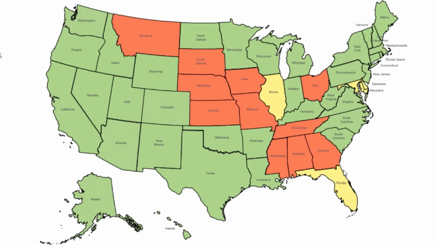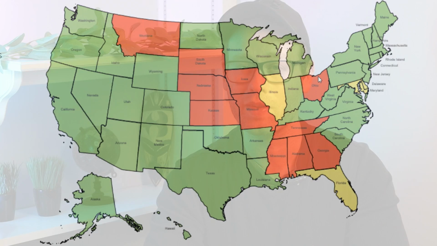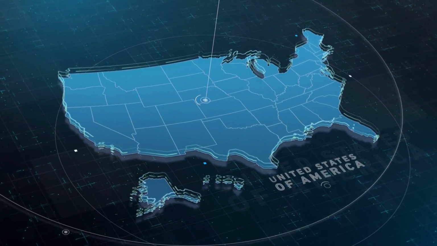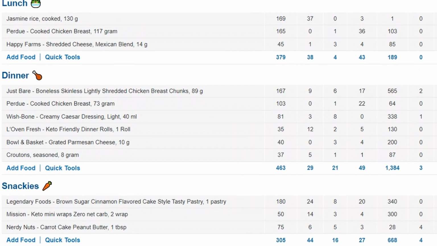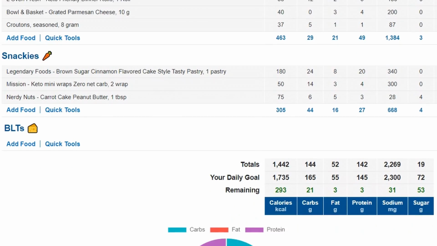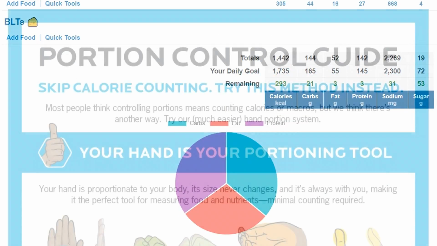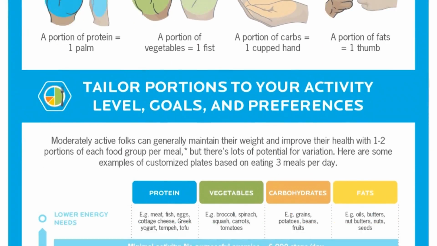Now, if you're in a yellow or red state, legally you can't give your client any dietary advice. There is a little bit of a loophole with all of this though. No matter what state you're in, you can do things like recommend that your client uses an app like MyFitnessPal to help control their portions. You can also print off articles from places like Precision Nutrition to help steer your client in the right direction.